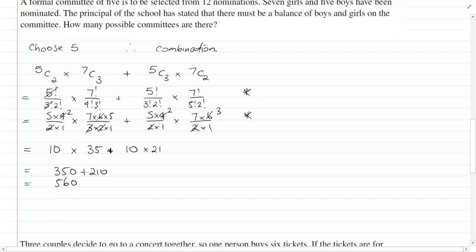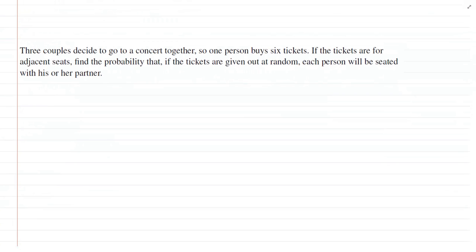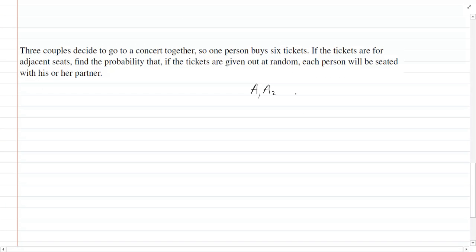Question 4. 3 couples decide to go to the concert together. One person buys all 6 tickets. If the tickets are for adjacent seats, find the probability that if a ticket is given out at random, each person will be seated with his or her partner. So we have 3 partners. We'll call them A1, A2, B1, B2, C1, C2. And they are seated randomly in 6 seats, such as A2, B1, B2, C2, A1, C1